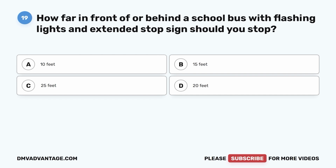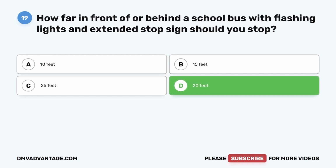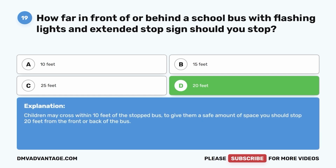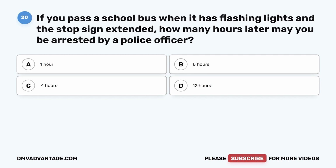A. 10 feet. B. 15 feet. C. 25 feet. D. 20 feet. The correct answer is D. 20 feet. Children may cross within 10 feet of the stopped bus. To give them a safe amount of space, you should stop 20 feet from the front or back of the bus. Question 20. If you pass a school bus when it has flashing lights and a stop sign extended, how